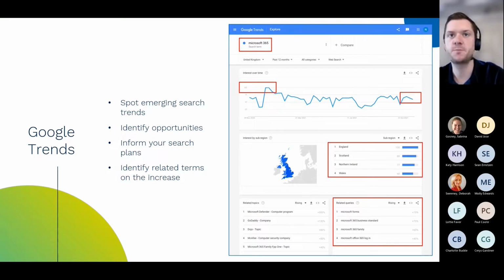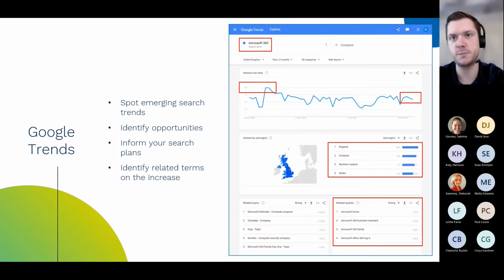So within the UK, it's a lot more searched in England, less of a search term in Wales. And then at the bottom, we can look at some related queries and how they're changing over time. So whilst Microsoft 365 as a general term is declining, Microsoft 365 Business Standard, Forms, are rising. Obviously family is not really something we'd want to look at, neither is login, but you can start to click between these things.